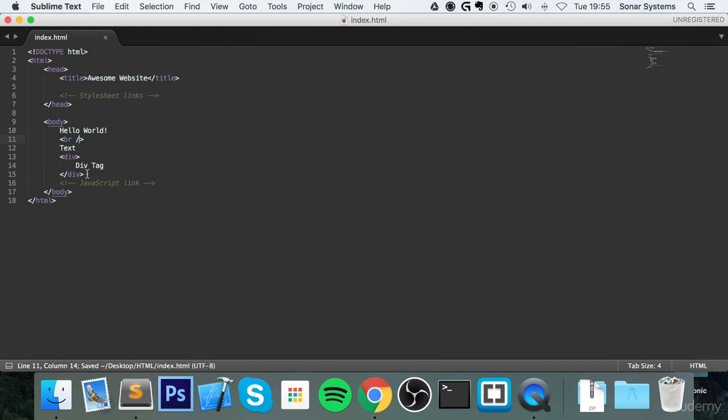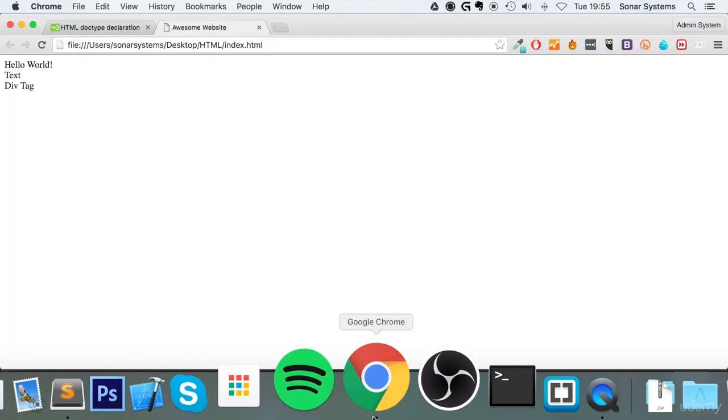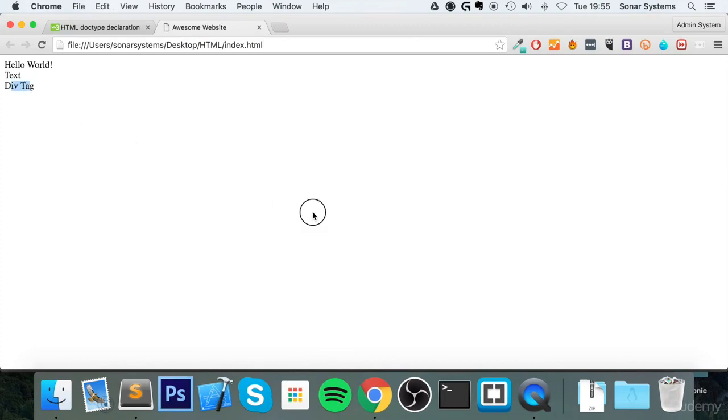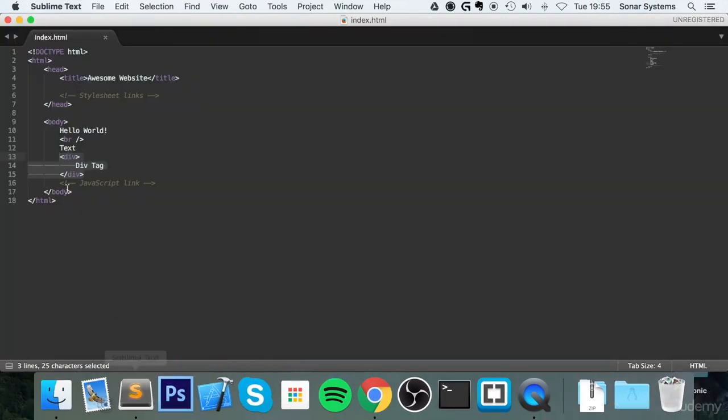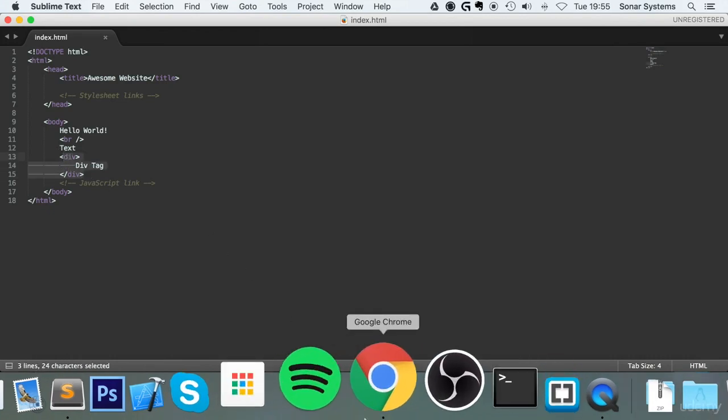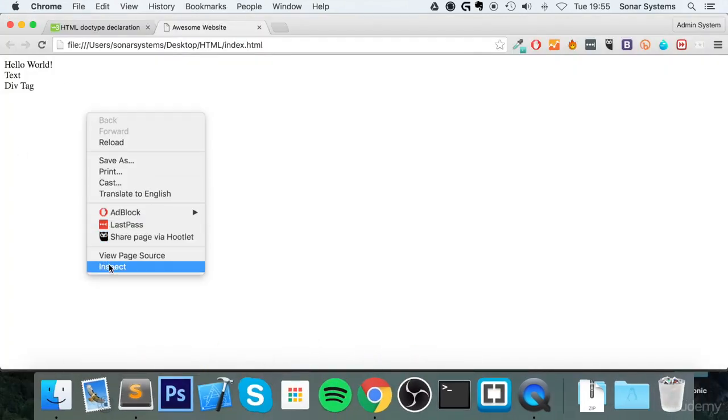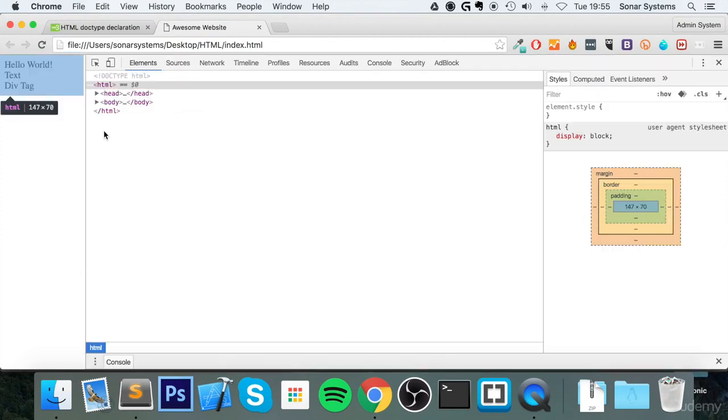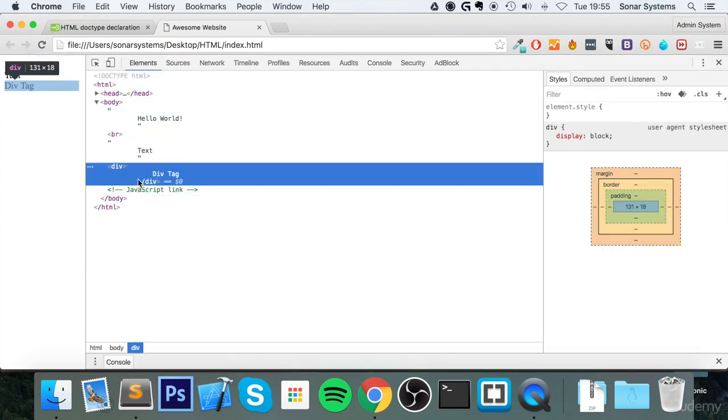But let's get back to the div tag. Why did this put this text on its own line? The reason is the div tag has some styling pre-applied to it. If I go on to inspect, I go to div, and the div tag is displayed as a block